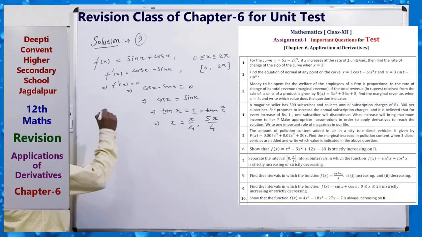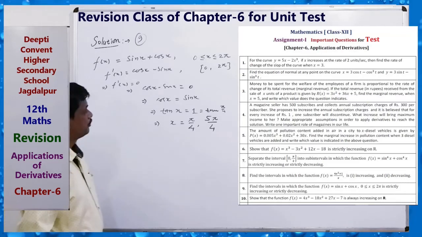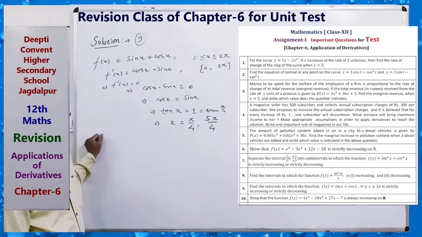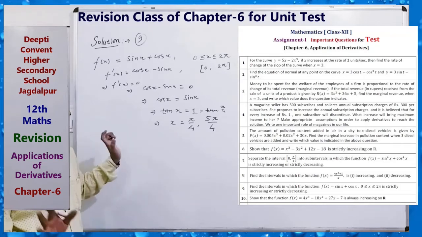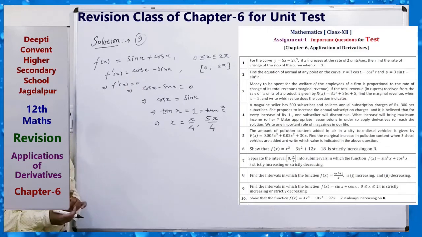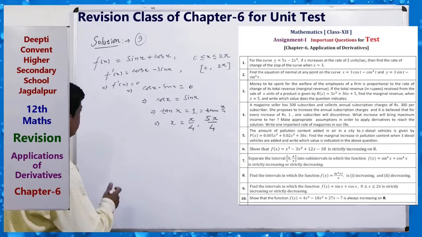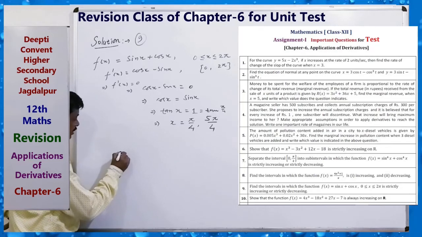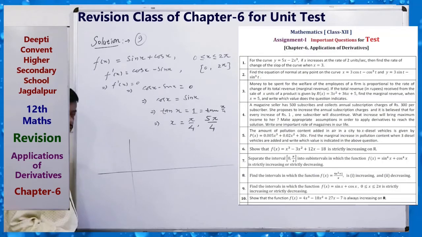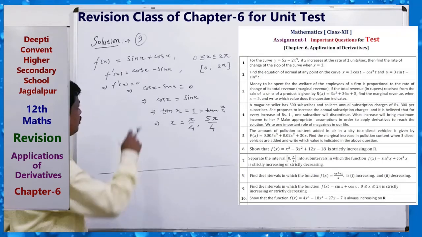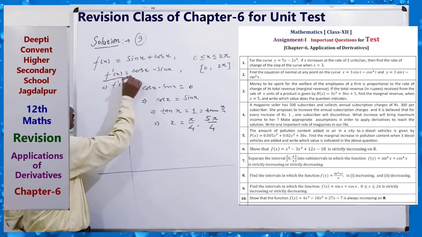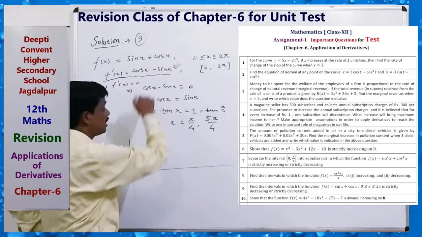Now we have to check the sign of the derivative in this part. Okay. Now f dash x equals cos x minus sin x. Clear? We know the graph. For checking the sign of this cos x minus sin x, this is the derivative. We have to check its sign.